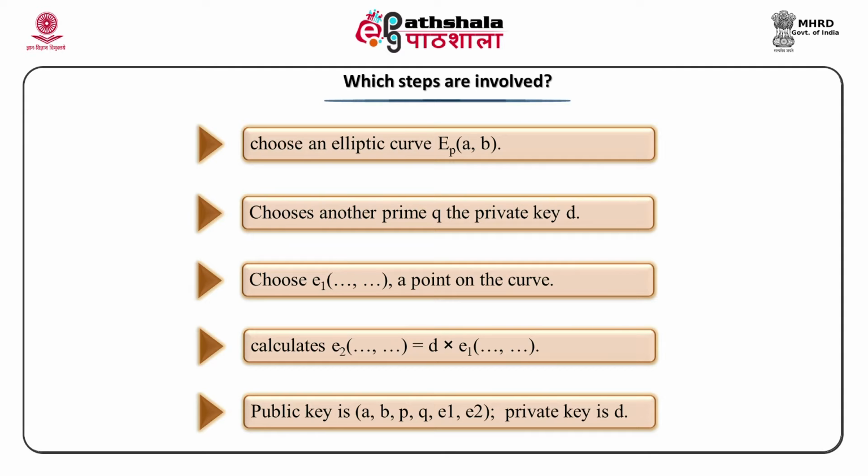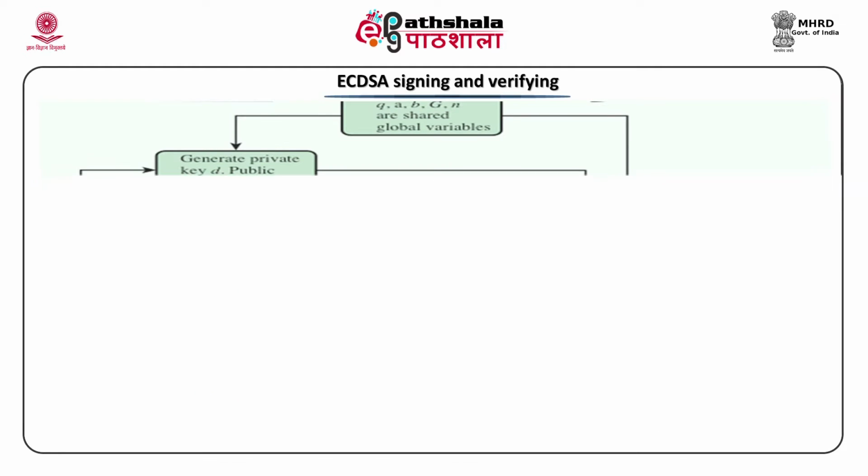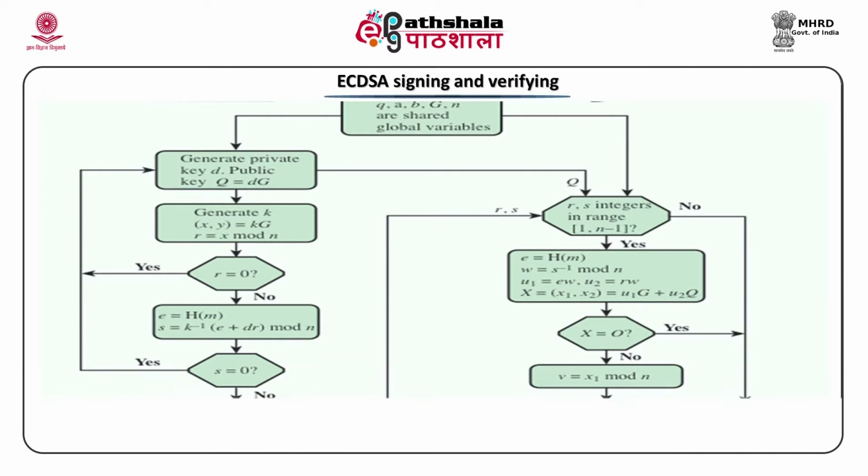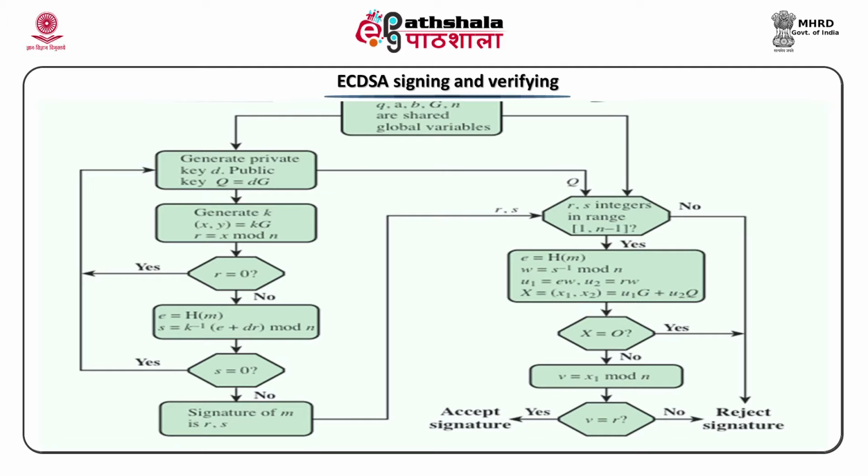Going into the detail of the algorithm, M is a message, S1 and S2 are the signatures, V is the verification, R is a random secret, D is Alice's private key. We have introduced P of U and V and T of X and Y, which are points on the curve. H of M is a message digest. A and B are the intermediate results. Alice's public key constitutes A, B, P, Q, E1 and E2. Alice is the signer, M is the input. The points on the curves are chosen to be P of U and V.